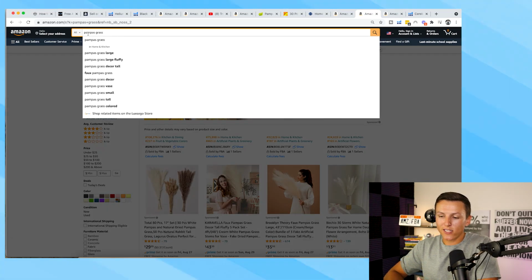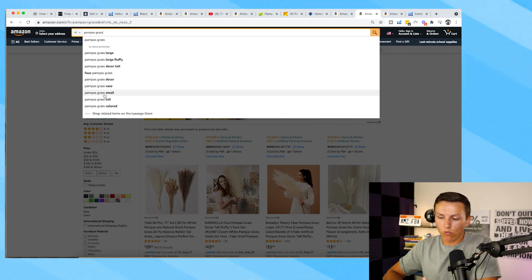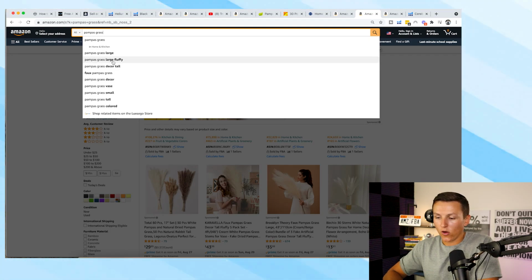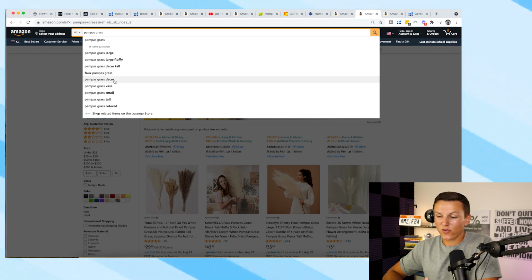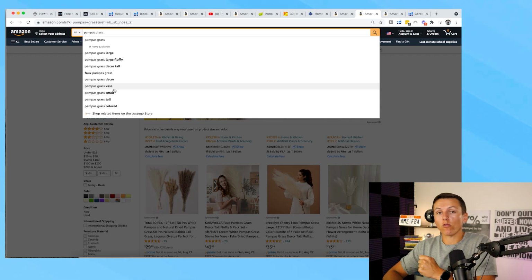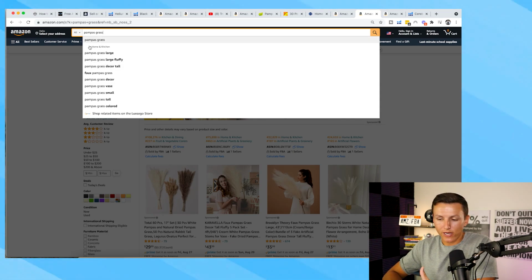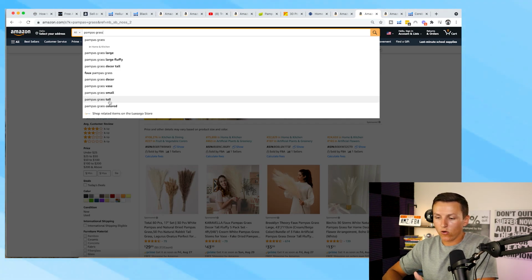What's kind of cool is if I search pampas grass, we'll see that Amazon auto-suggests a bunch of different keywords that fit this product. So we've got pampas grass large fluffy, pampas grass decor tall, fox pampas grass decor. All of these are keywords that I would want to put into what's called my PPC campaigns. So I would create this list, write them down in a Word document or in my notes, and